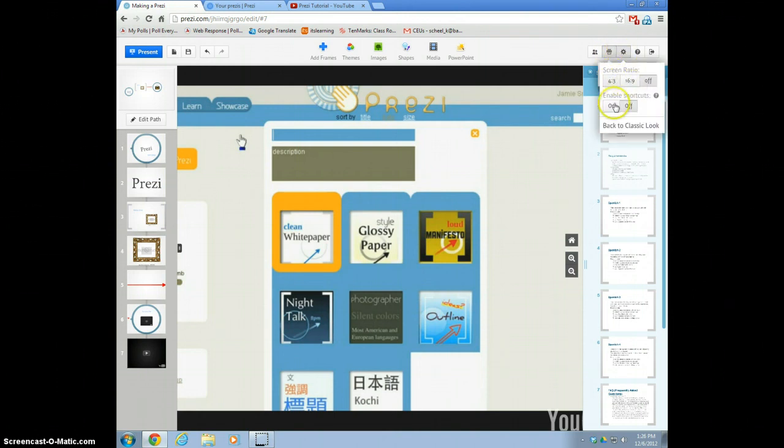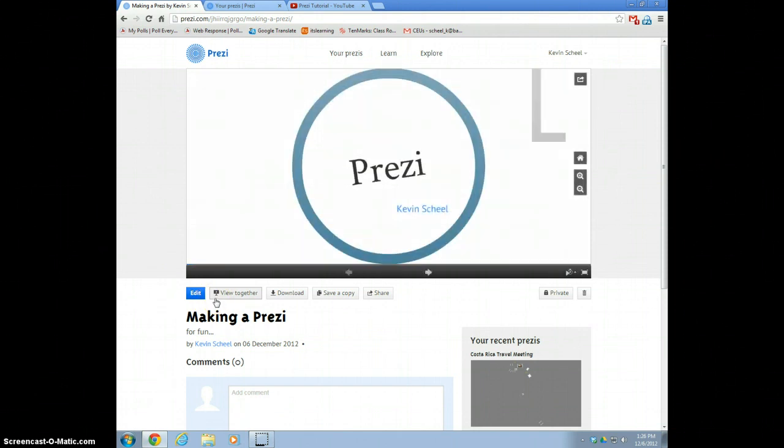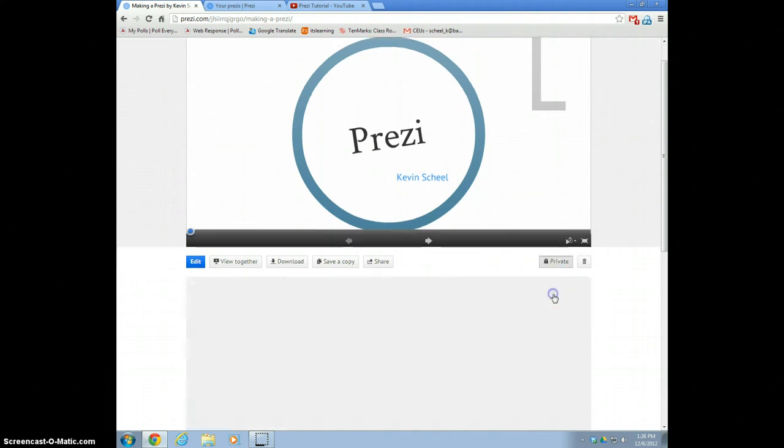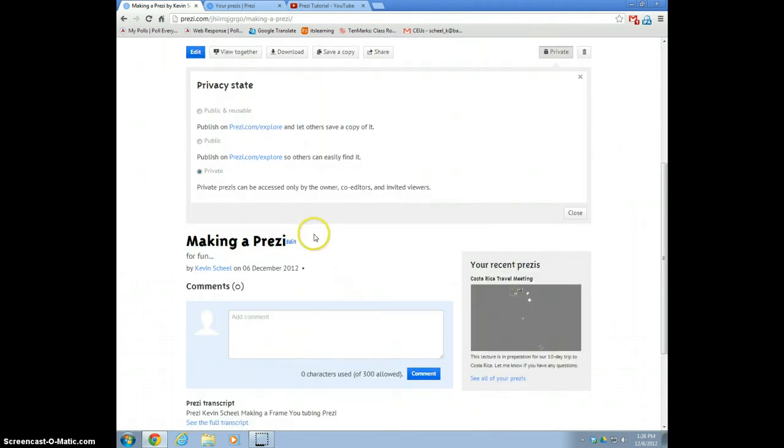Settings, they can change the screen ratio and shortcuts, or they can click this to close out of the Prezi back to the overall presentation. So we're no longer in the editor. Now this is a very important step if you have your students doing this. Once we are here, they need to make sure that this is public, unless they share it to you specifically, because if they post this on It's Learning,